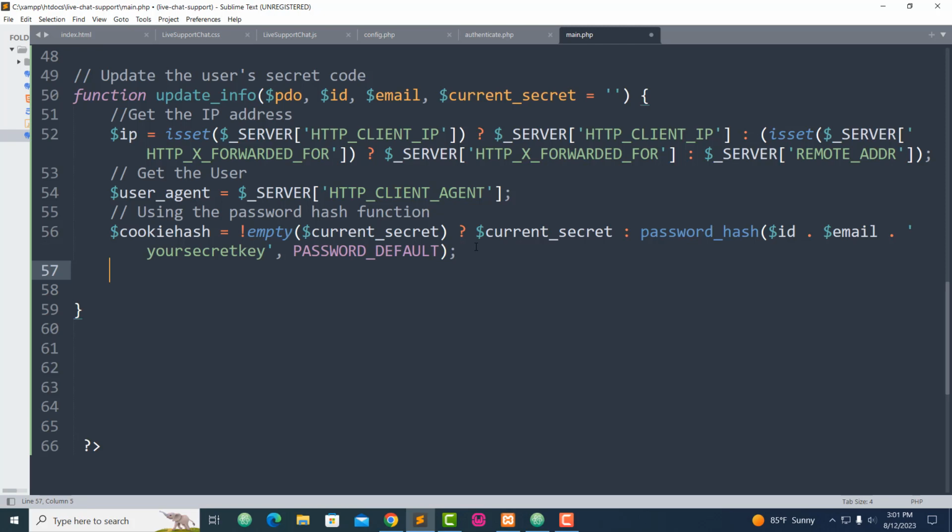Now I'm going to set up the number of days for the secret cookie to be remembered. Okay. I'm going to put it like this. For the cookie, this is where I'm going to say day equal, it should be remembered for 30 days. Okay,